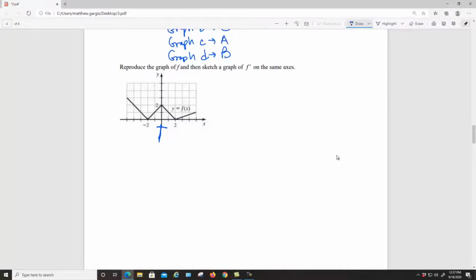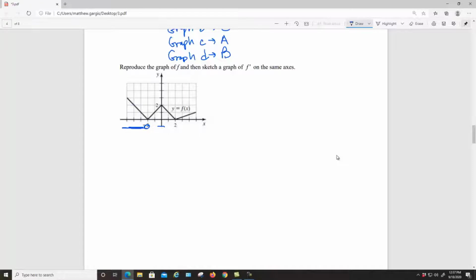Notice from when x is from -infinity up till we get to -2, so everything back here, the slope of this line is down 1 over 1, is -1. So the slope of the tangent line from -infinity to -2 of that line there would be y equals -1. Let me erase this and do that a little better. So that's just going to be the line y equals -1. So that would be from here